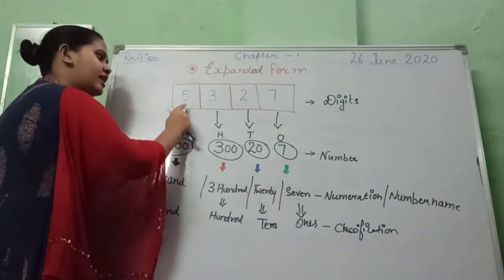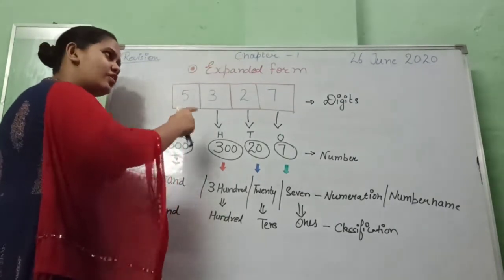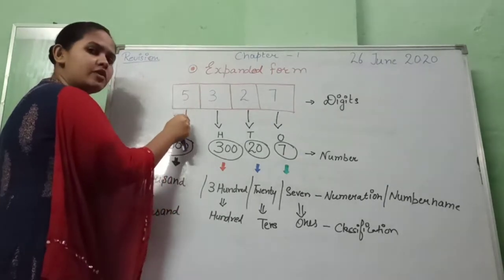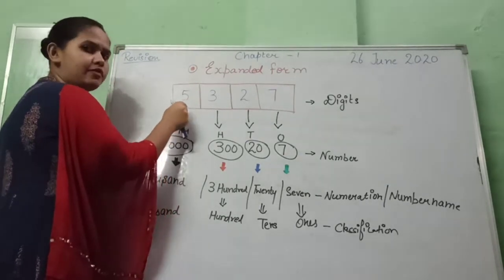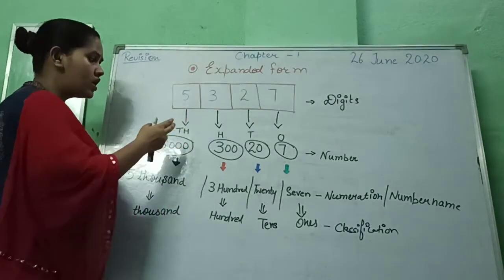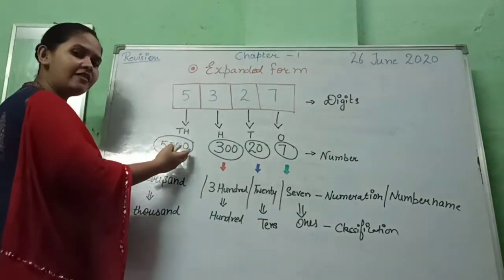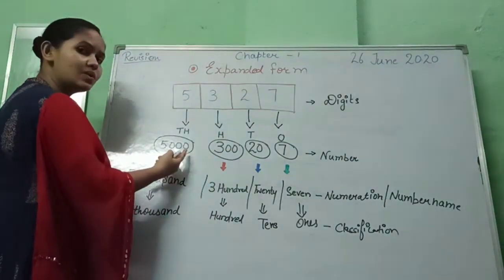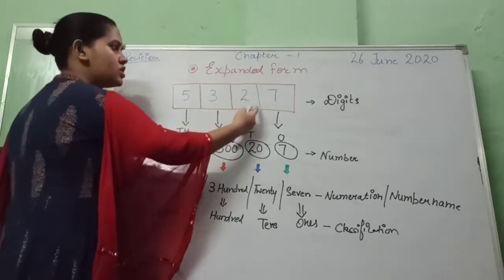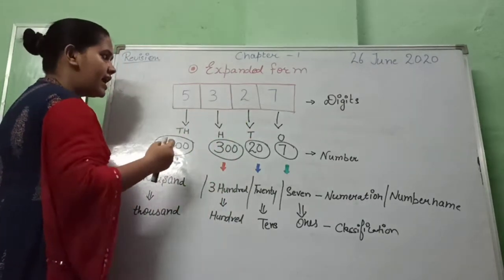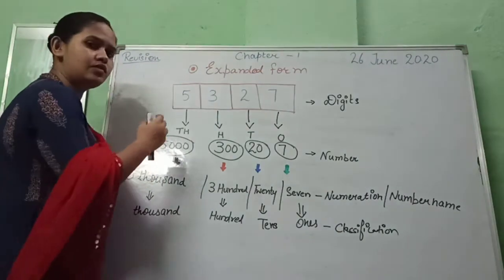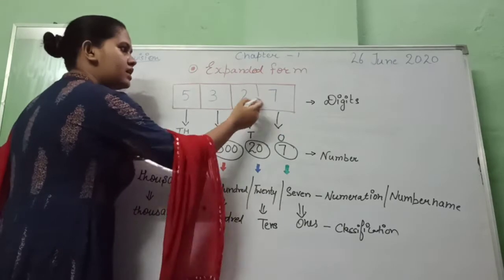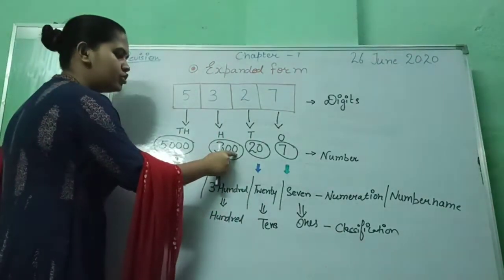If there is 5 and the other number is 6, which one is greater? 6 is greater, because right now 5 is very important for us, because it's one of the greatest digits right now. So when we expand it, it becomes 5000, because after 5 there are 3 digits. That's why there will be 3 zeros. The zeros will take the places of these digits here. And when we come to 3, after the 3 you can see there are 2 digits. That's why in place of these 2 digits we take 2 zeros here.